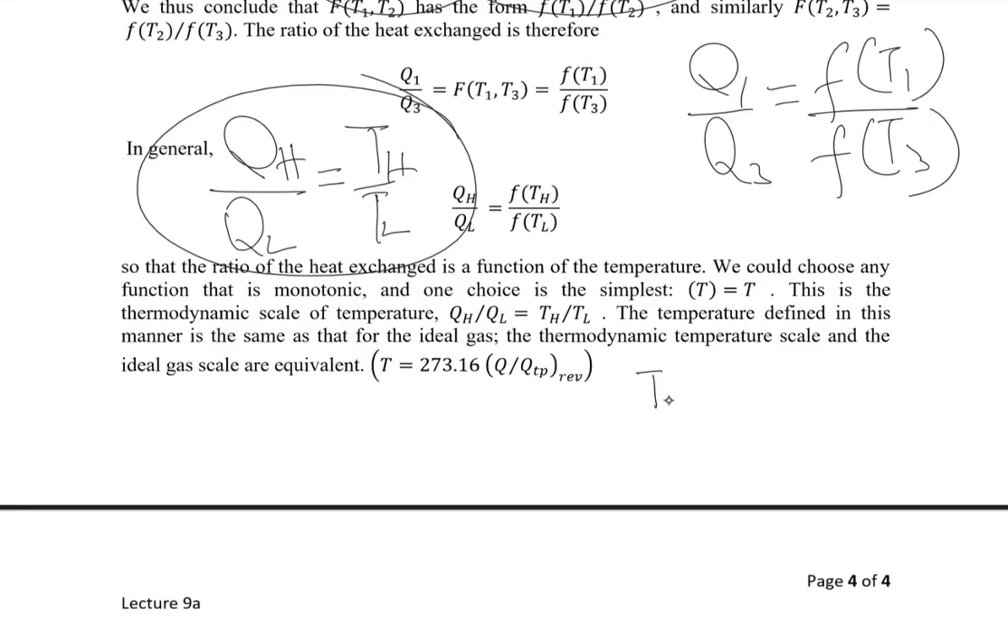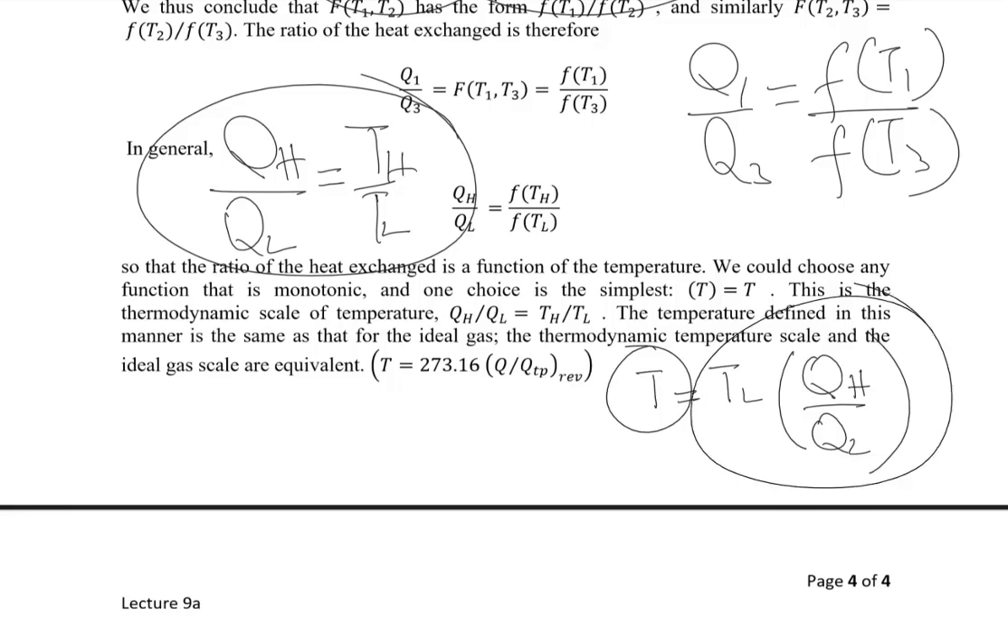So the temperature T, which can be anything, would be equal to TL multiplied by QH divided by QL. That means if I'm looking for this particular temperature, I need to consider three variables, which would definitely be a little bit difficult. So keeping these variables minimum,